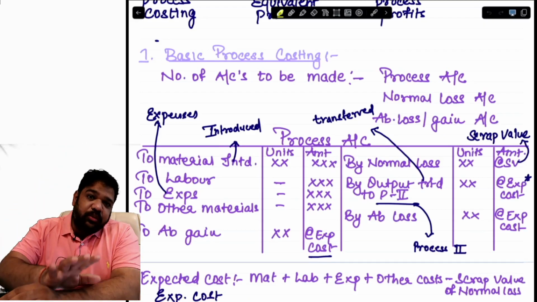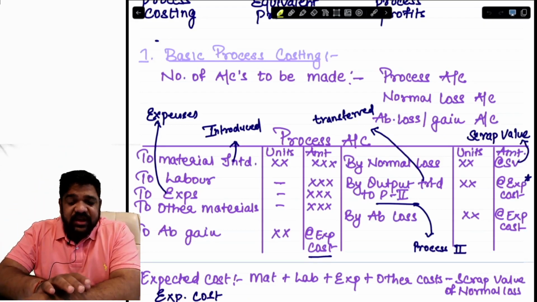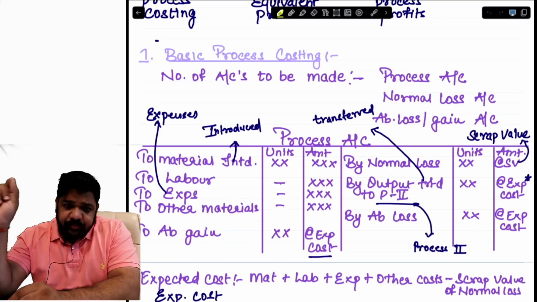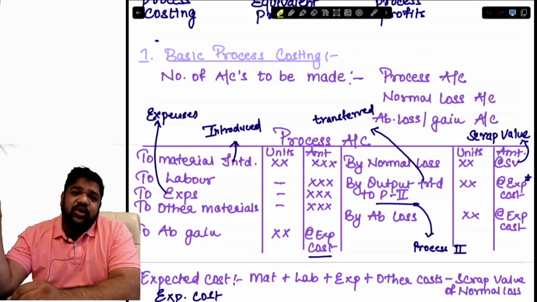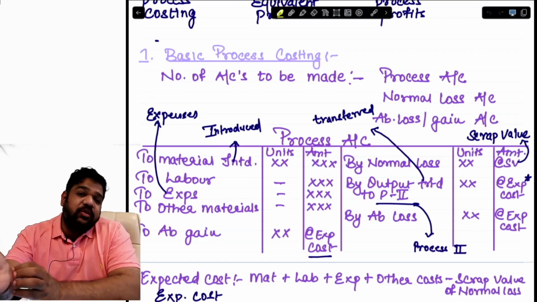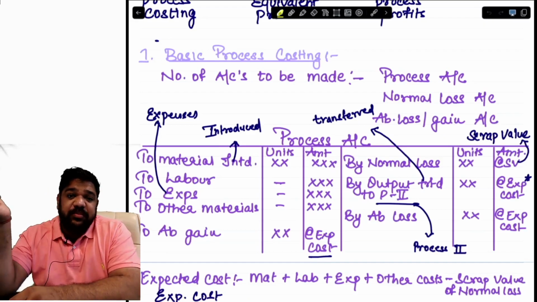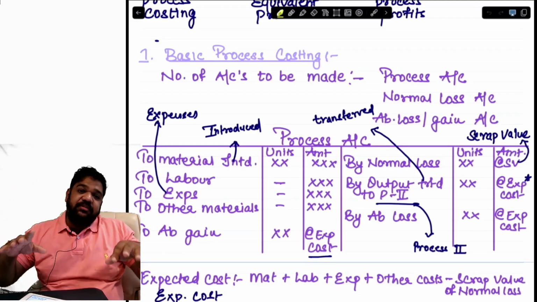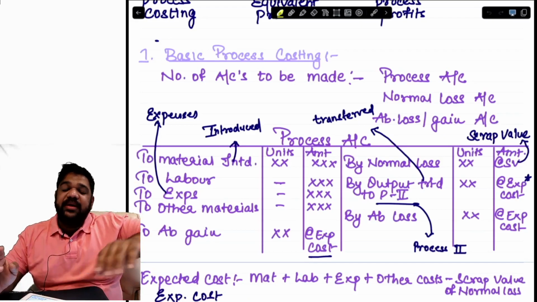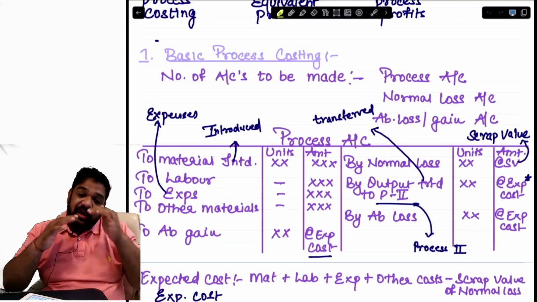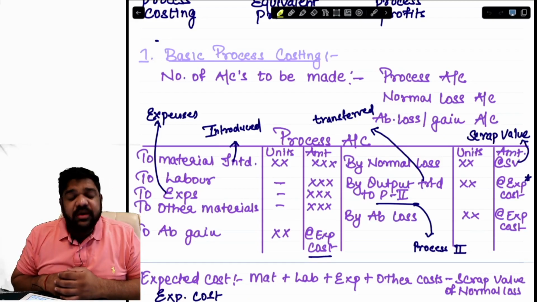Okay, so you'll fill up all the debit sides, whatever is given in the question, and on the credit side, you'll write by normal loss. In that you'll put down the number of units and the scrap value of it. Please keep it in mind, it has to be at scrap value. Once you fill up this much, that is, you put down all the debits and the normal loss at scrap value, you will come below the process account,